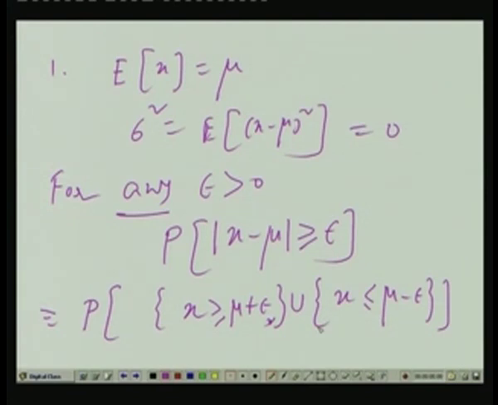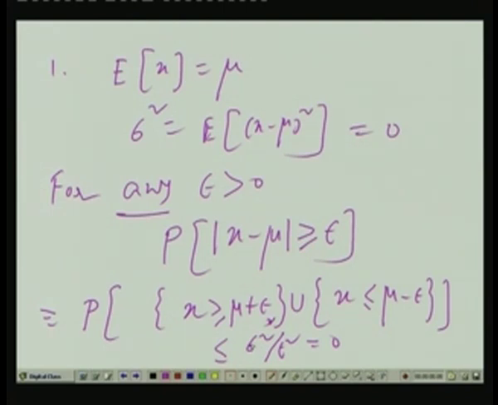For any epsilon, this is by the Chebyshev inequality less than or equal to sigma square by epsilon square, but sigma is given to be 0 and epsilon however small is non-zero. So, this is equal to 0. This means what? That x is such a random variable that it always takes the value mu with probability 1,